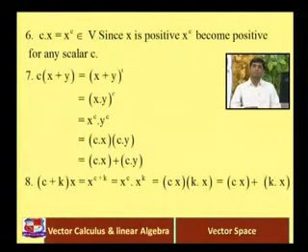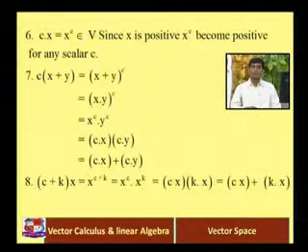So next property, (c plus k) into x is equal to x raised to c plus k, using the definition of scalar multiplication which we were given in the statement of the example. So (c plus k) into x is equal to x raised to c plus k, and that is equal to x raised to c into x raised to k. Now x raised to c can be written as c into x again, and x raised to k can be written as k into x. So (c into x) plus (k into x), right.